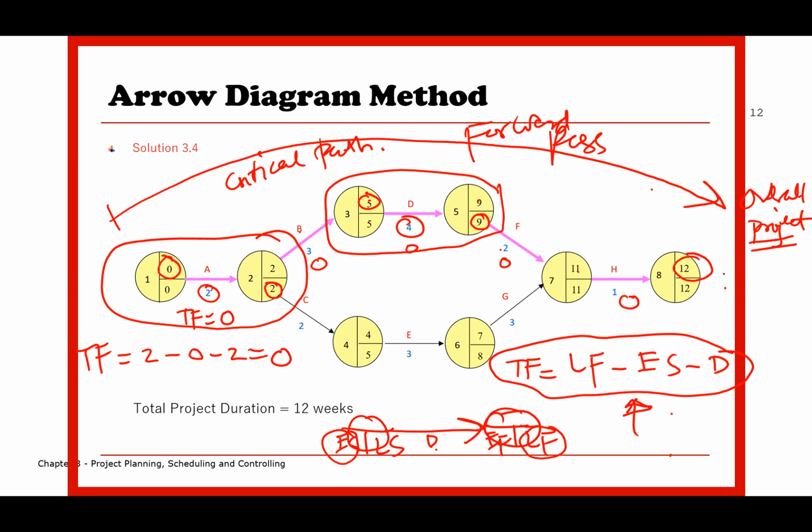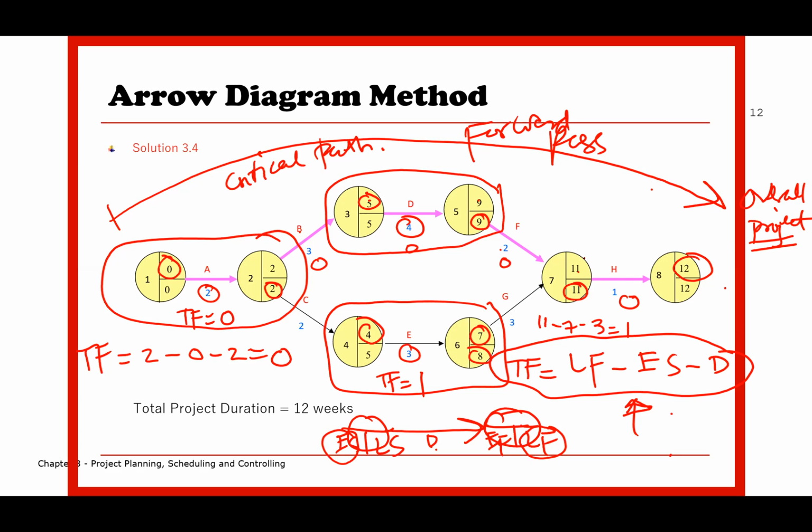Okay, how about activity E? You notice activity E, the total float is equivalent to 8 minus 4 minus 1. So total float is basically equivalent to 1. So activity E does have 1 day of total float that they can move around. E can be moved around a little bit, but only by 1 day. How about activity G? 11 minus 7 minus 3. Only 1 day. H is 0, and then